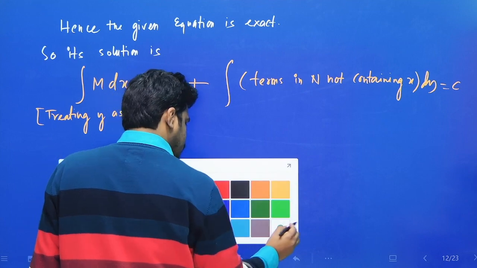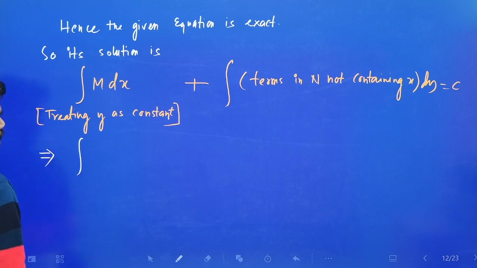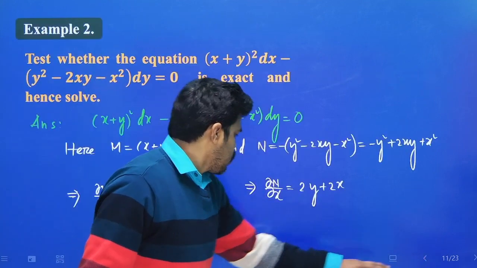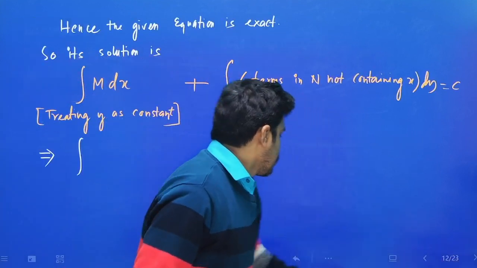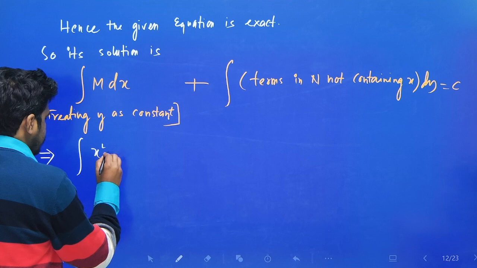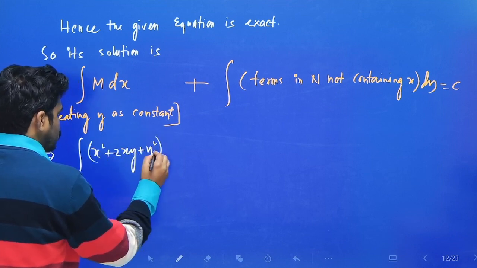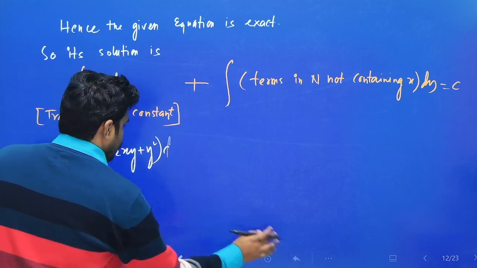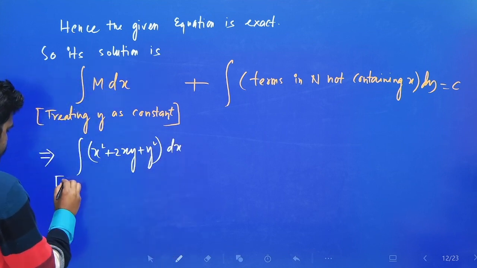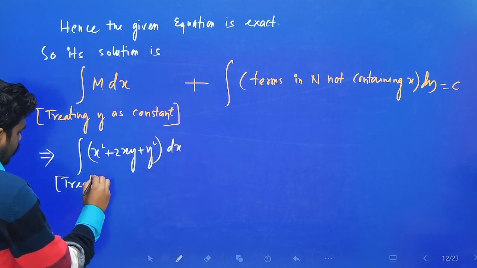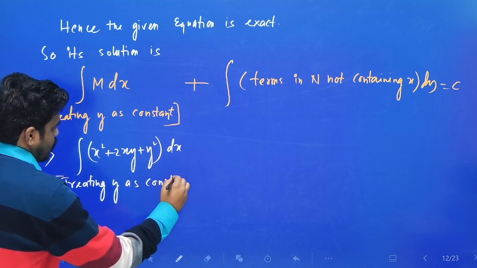Okay. So this implies integration M dx. What is M? M is x square plus 2xy plus y square. So x square plus 2xy plus y square into dx, right? Okay, into dx, treating y as constant,